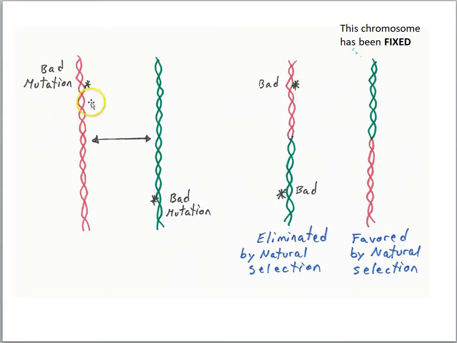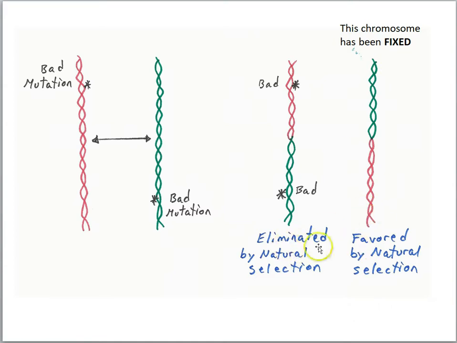If we think about mutations, maybe the dad has a mutation in this gene up here and mom has a mutation on her chromosome down here in a different gene. Well, a recombination event that happens in between those two genes is going to create a chromosome with 2 bad mutations and a chromosome that has none. We can think of this as sort of a fixing process. That recombination event fixed one of the chromosomes, the other one got a double dose of bad mutations, and now this chromosome will end up in some of the sex cells, this chromosome will end up in some of the different sex cells.